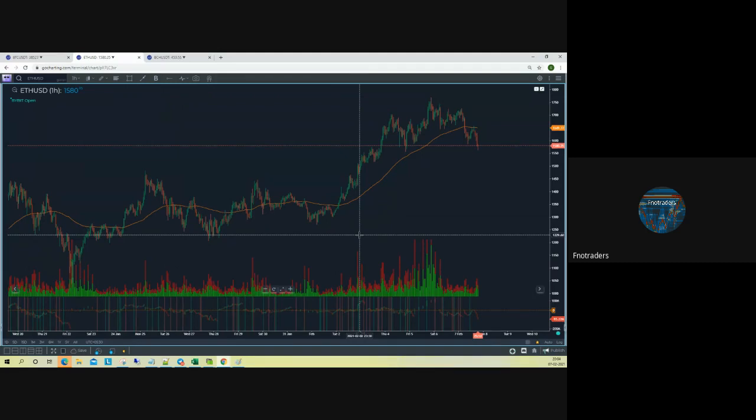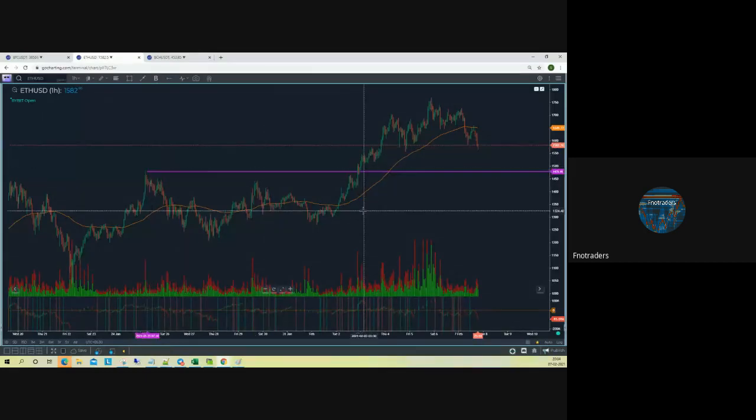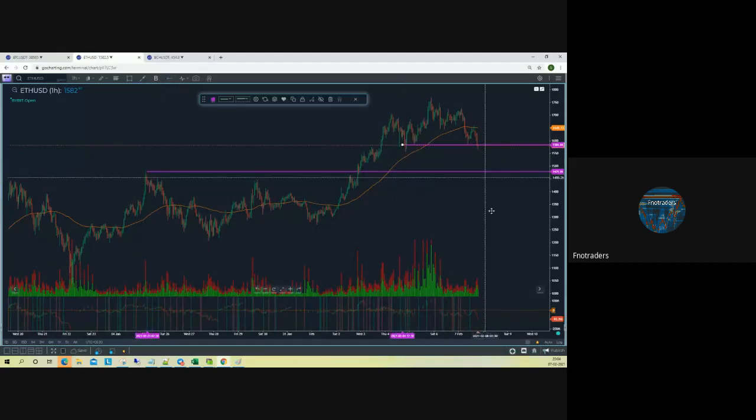Okay, this is the Ethereum chart essentially. So again, Ethereum, we of course had this breakout. If you see, I'm looking at the hourly chart, and this was your key breakout zone. This level has been a bit of a pivot around this. We are trying to break down below it.